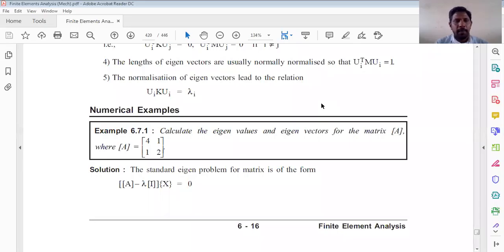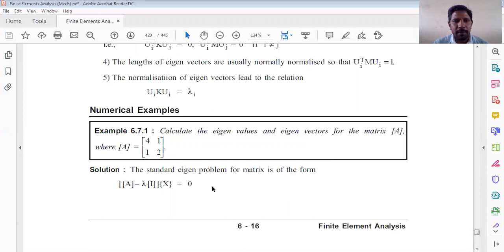Hello everyone. In the previous class, I was discussing the fundamentals related to dynamic analysis of problems using the finite element method. So here we have some numericals related to the dynamics, that is, finite element formulation of dynamic problems. The very first numerical is: calculate the eigenvalue and eigenvector for the matrix A equals 4, 1, 1, 2. For this, it is required to have the standard characteristic equation, that is, A minus